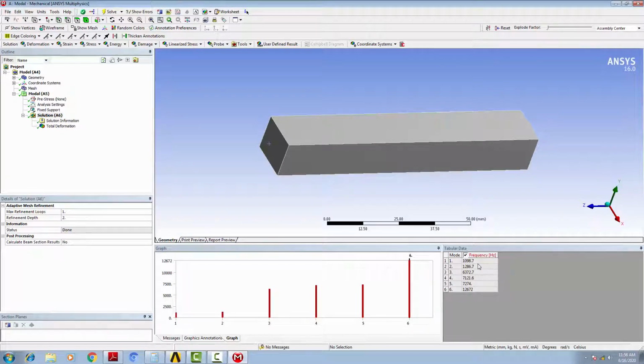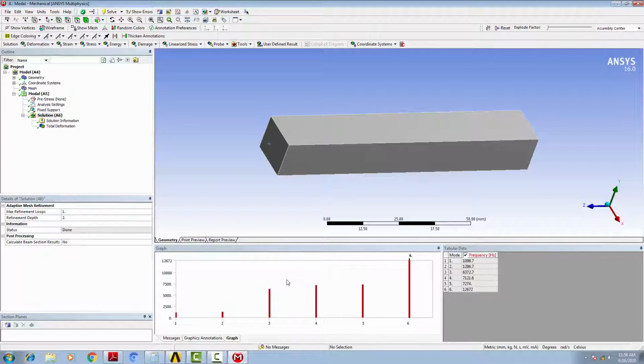The first natural frequency is 1098 Hz, next is 1286, third is 6372 Hz, 7121, 7274, and last is 12672 Hz. Okay, in this way you can find the various natural frequencies and also the mode shape results.